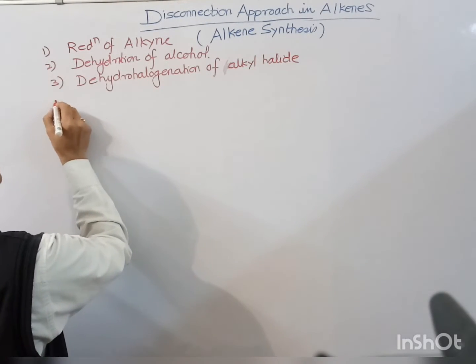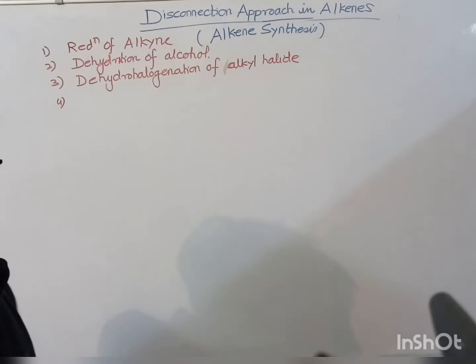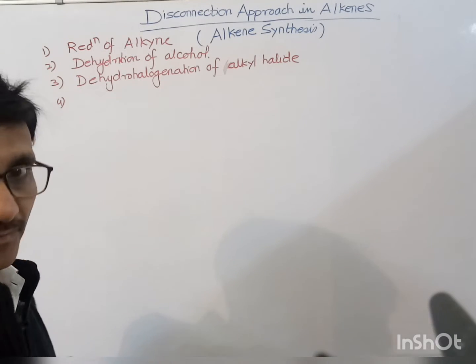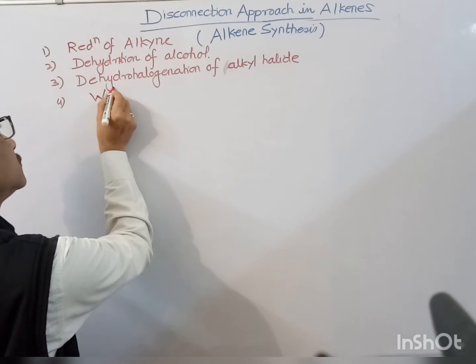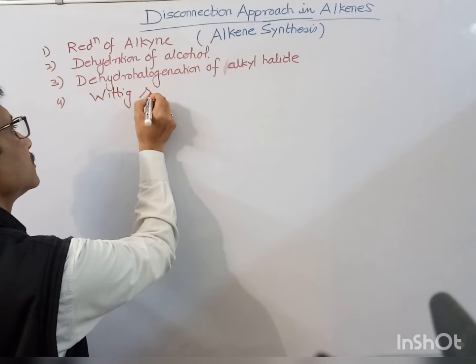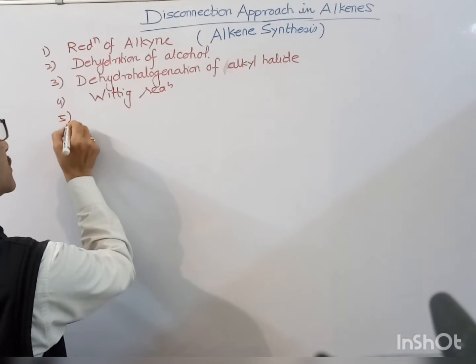Or if we have any carbonyl compound, it reacts with a Wittig reagent to give an alkene, that is via Wittig reaction also. You can write Wittig reaction, Diels-Alder reaction,